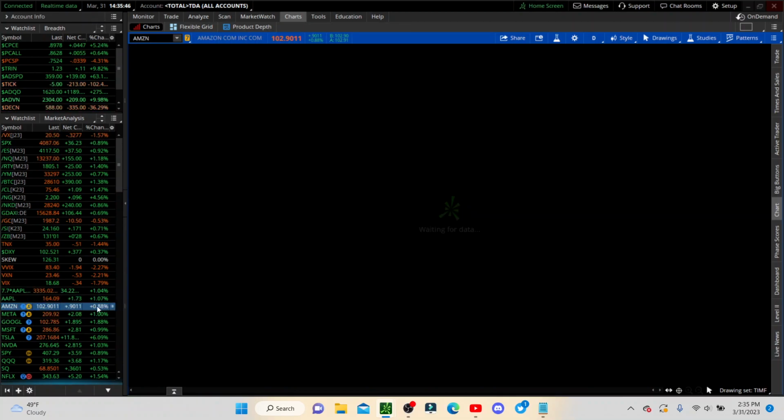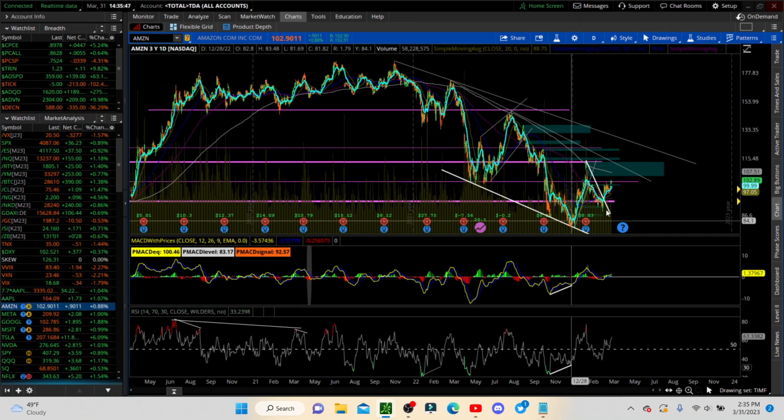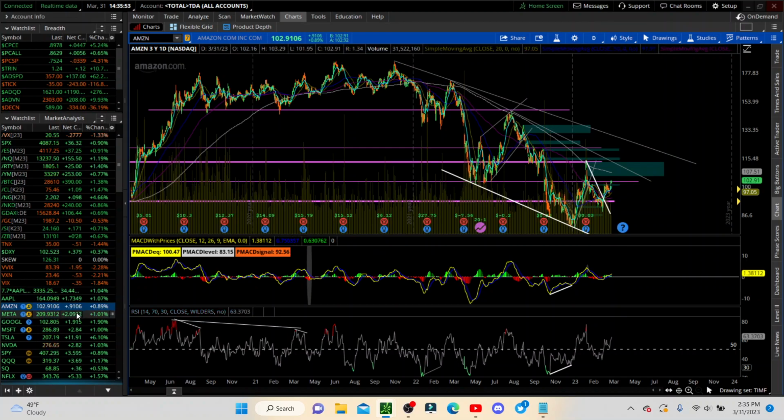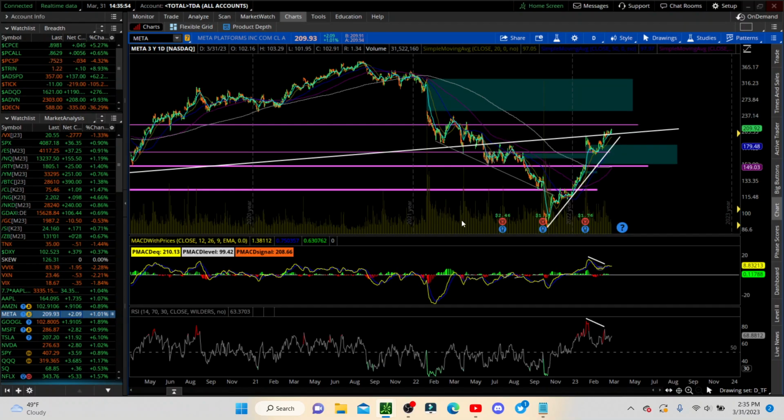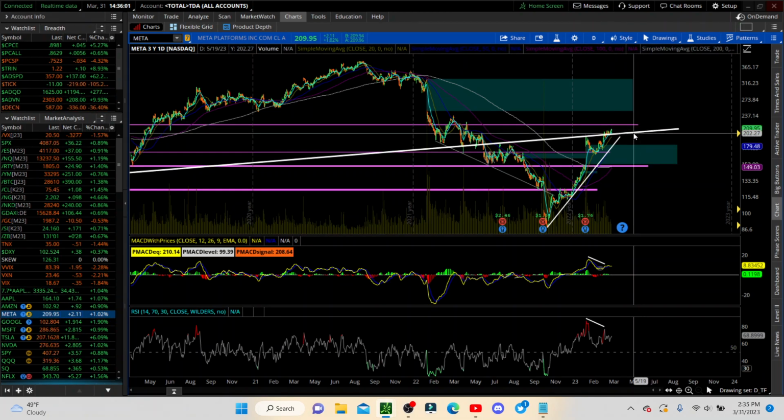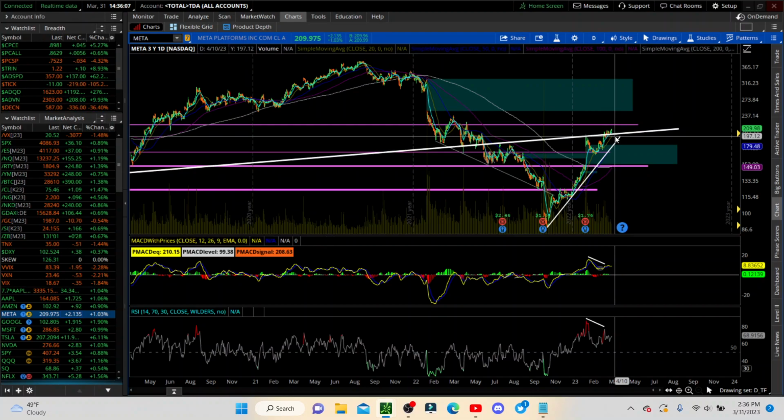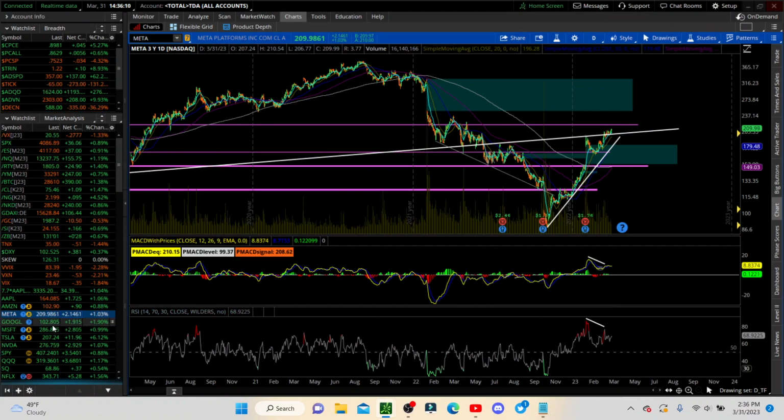This is not a breakout type play. Amazon has been beaten up. It's a very weak stock. It just so happens to be right back at resistance. Meta, it cannot lead us much more. It has some room above. This is kind of a zone, a pivot for the head and shoulders that was out there. So it's above that, but if you break below it, that's a conservative play. You know that something's happening.